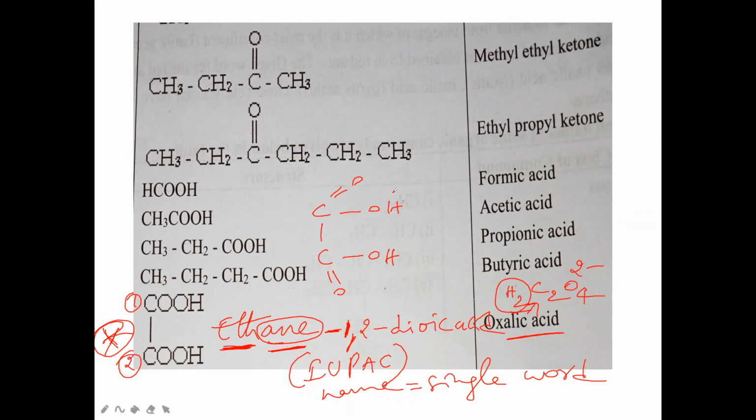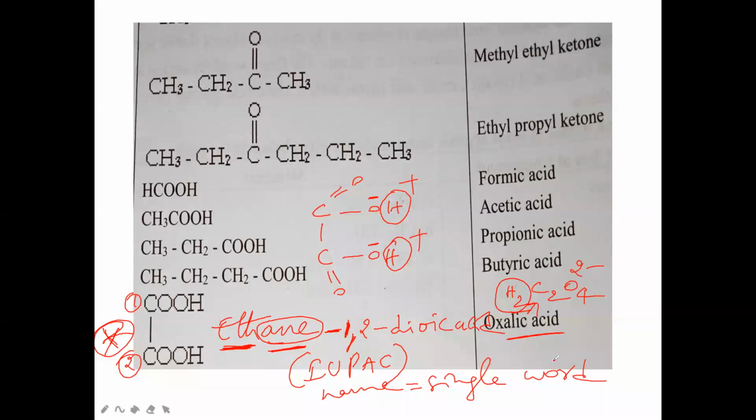So it is COOH bond COOH. If it produces one H plus ion from here and one H plus ion from here, what will it get? COO minus bond COO minus. It will be the oxalate ion, C2O4 minus 2 ion. So this ion name is what? Oxalate. If it is sodium oxalate, what do we say? Sodium oxalate, it will be COONa. Again here COONa. Like that we can say.